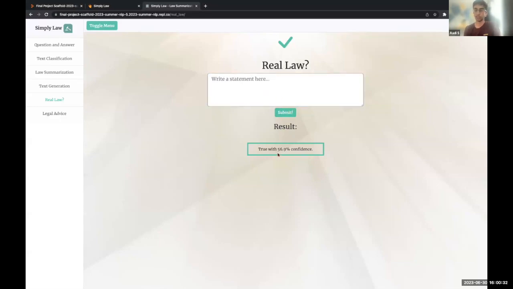with 56.9% confidence. The confidence percentage looks kind of weird because it doesn't seem that confident, but that's due to lack of training, because I only trained it with 200 laws for both categories, for both real laws and fake laws. So to make it more effective, I will have to add more laws. Okay, well, next up is